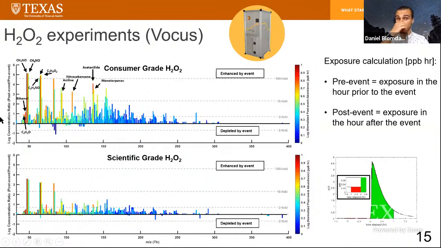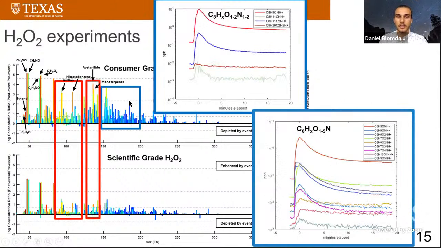Looking at the hydrogen peroxide experiments from our Vocus mass spectrometer, in a similar style as the bleach, with the enhancement being above 0 and the depletion being below 0. And we see a lot of nitrogenated compounds, as well as some oxygenated compounds. I'll take a few examples. The first is in this range here, from about 150 mass units to 200. We see a lot of C6 and C8